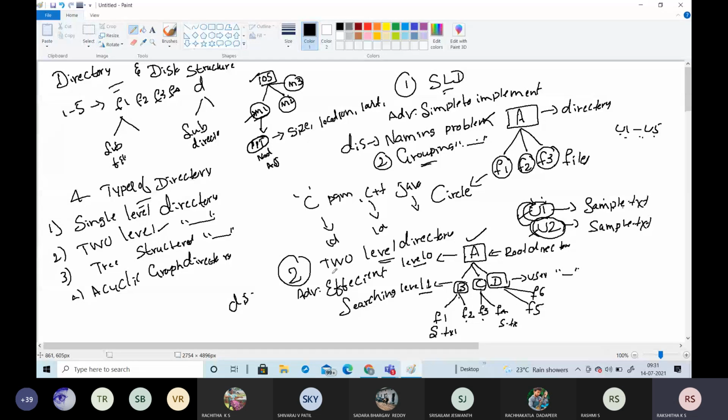If I need to store 100 files inside a directory, then all the 100 files need to be handled by the storage. So here also we are going to face the grouping problem. In this two level directory also we are going to face the grouping problem, because if I need to store 100 records in a directory, it is difficult for the user to divide the directory and allocate it to different levels like level 0 and level 1. So we are still facing the disadvantage of the grouping problem. To overcome that, we have moved to one more structure, known as the tree structure directory.